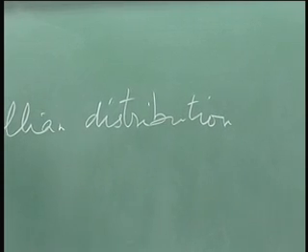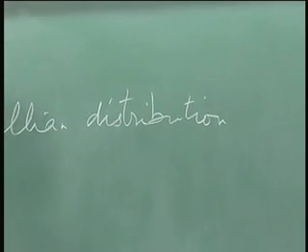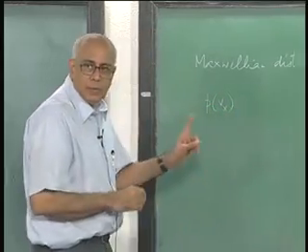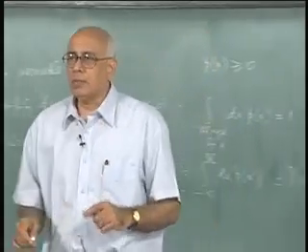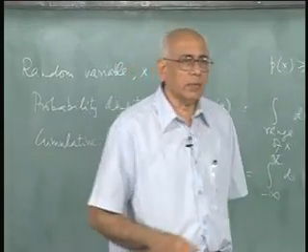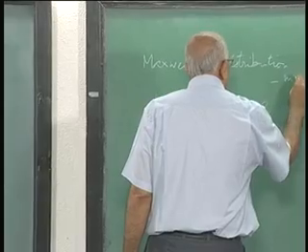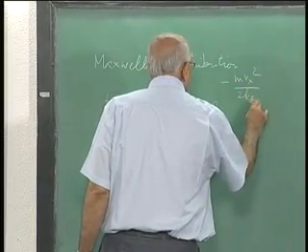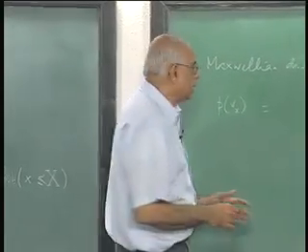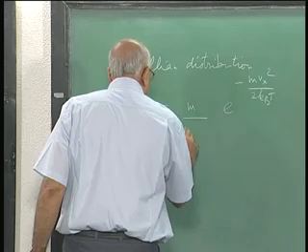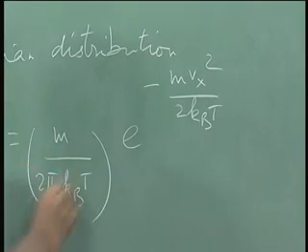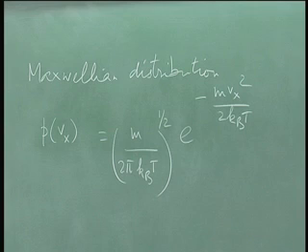It says that the probability density that any Cartesian component, say v sub x, of the velocity of a particle in a gas in thermal equilibrium, a classical gas, is given by e to the minus m vx squared over 2 k Boltzmann T at absolute temperature T, and there is a normalization factor which is m over 2 pi k Boltzmann T to the power half. So p of Vx dVx is the probability that the velocity x component has a value between some Vx and Vx plus dVx, and if you plot it, this is the famous Gaussian,